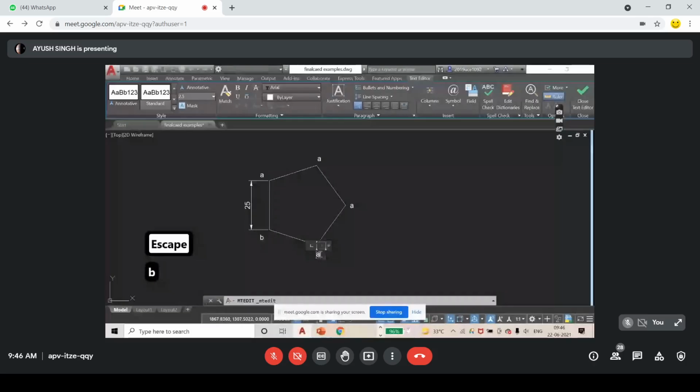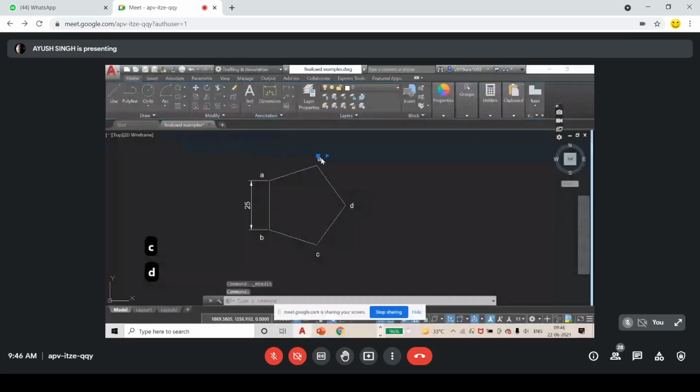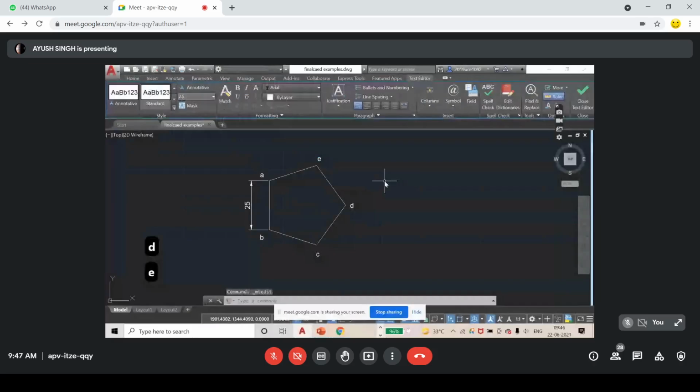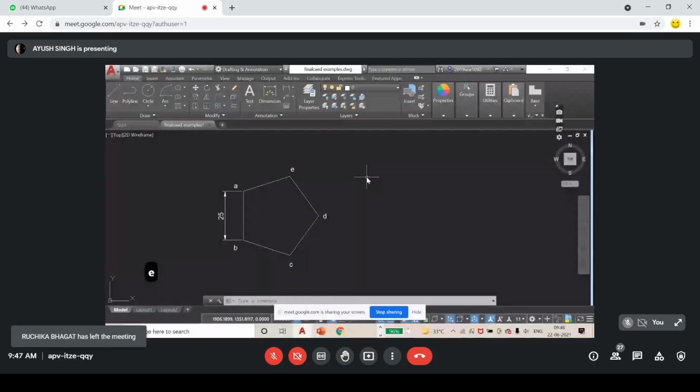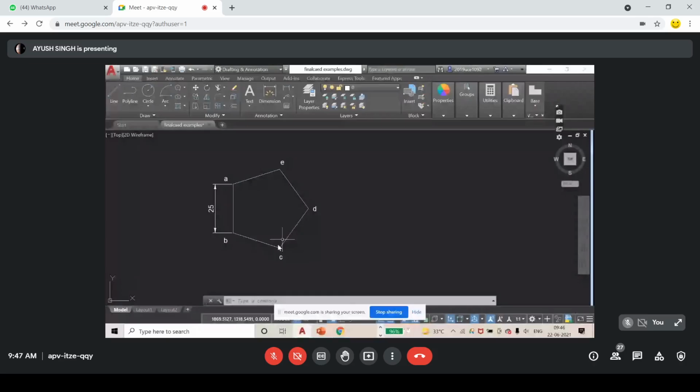You have to be quick in the exam because the time is less. I think it is around 2 hours only. You will be given around 4 to 5 questions to solve in the end term, 2.5 hours maximum. Okay, so you can see that. So this is A, B, C, D. This is in the top view. I am not using dash. Okay, remember that.